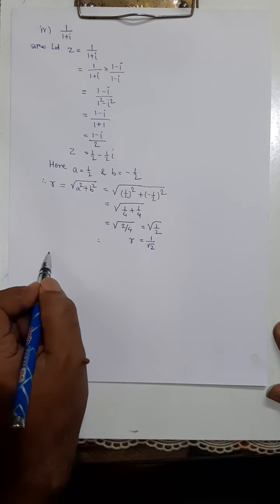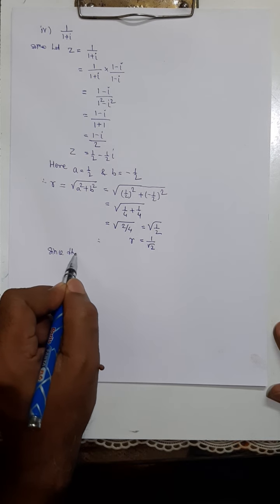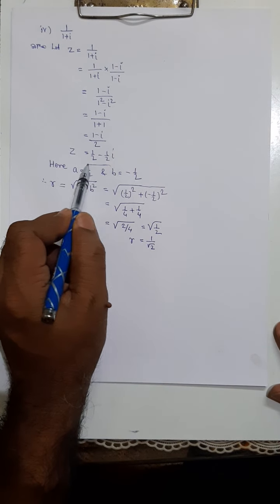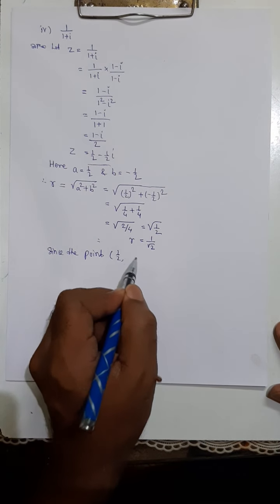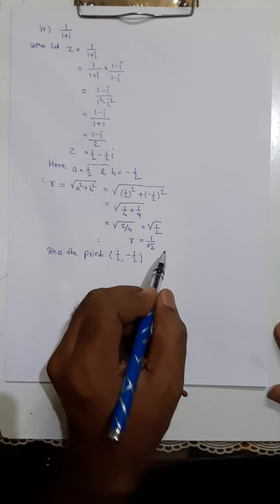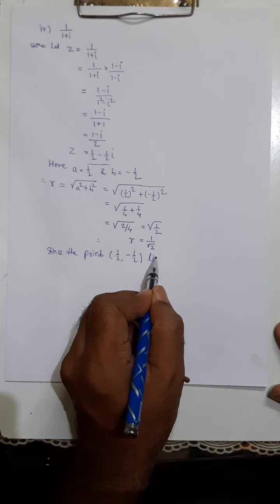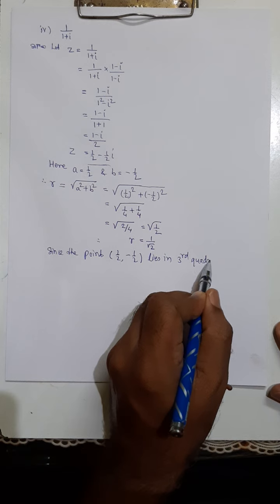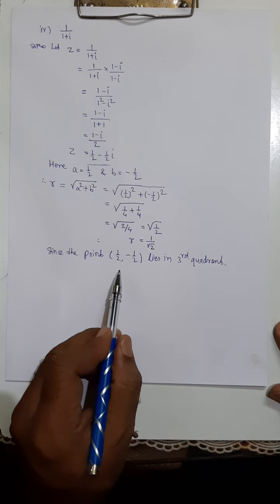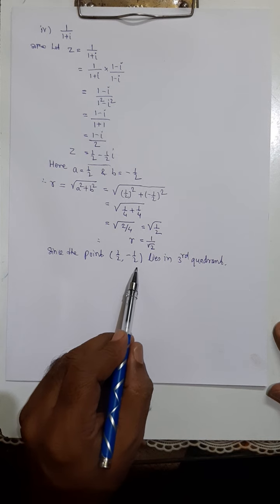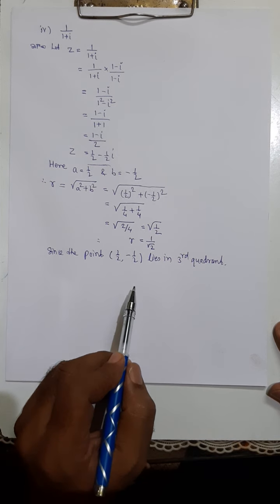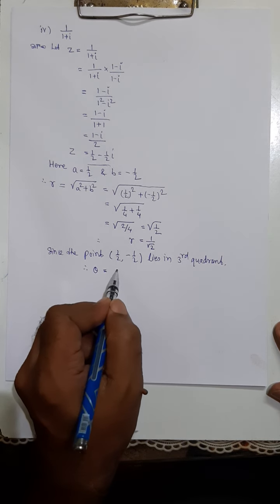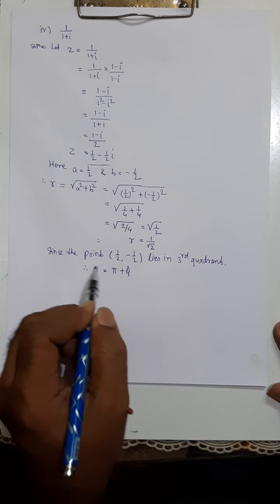Then we determine the point. From the given complex number, the point is 1 by 2 comma minus 1 by 2. It lies in the fourth quadrant, right? Because the x coordinate is positive and the y coordinate is negative, positive and negative, and therefore we can take theta as pi plus some angle phi. So where